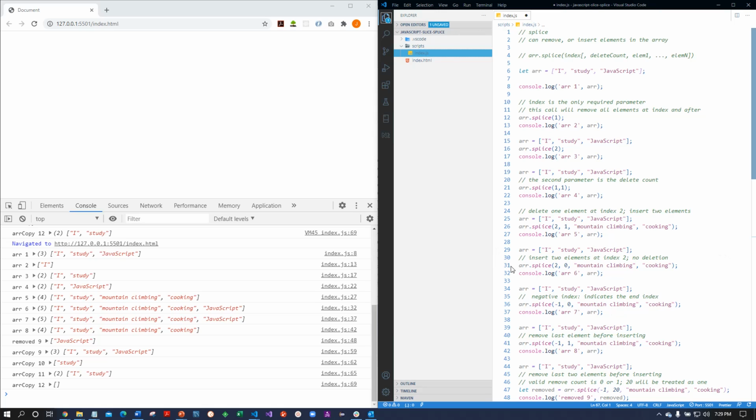Now the example at line 31 changes one parameter: the one that was 1 here says remove 0 here. So we see at line 32, array 6: I study mountain climbing, cooking, JavaScript. You can see that mountain climbing and cooking were inserted before JavaScript, but JavaScript was retained because we told it